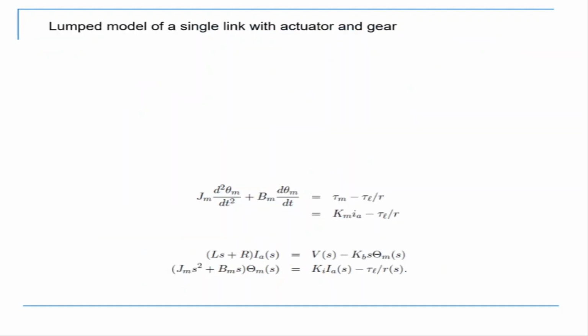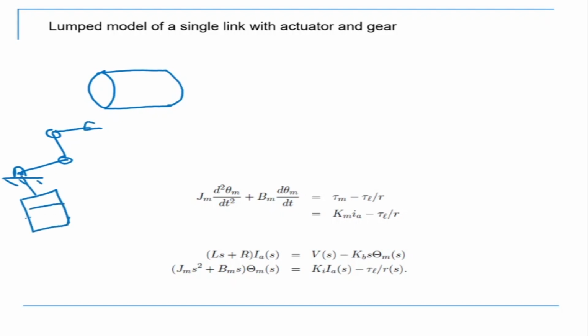Now if you look at the physical model of the connection. So if I draw my connection here like this. Okay, so this is my link. In the link there is a motor, there's a gear sitting, and there's an encoder, for every joint. So on one side we have the motor.